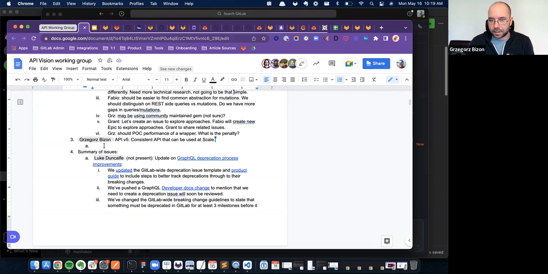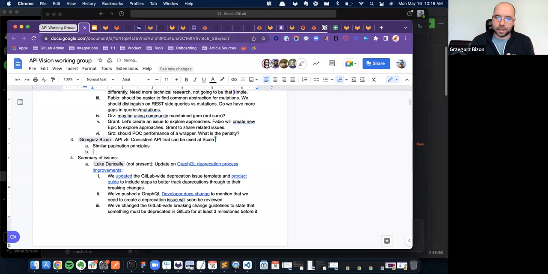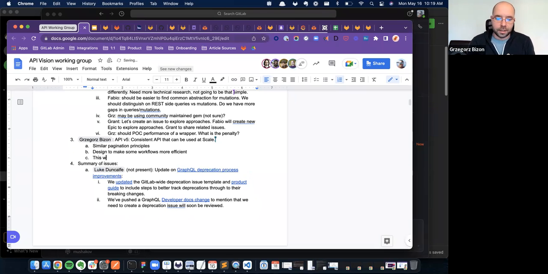And of course, rebuilding our REST API a little bit to ensure consistency, like every endpoint using similar pagination primitives, and responses designed to make it possible to make some workflows much more efficient. That would basically require bumping the major version of our API to API version 5.